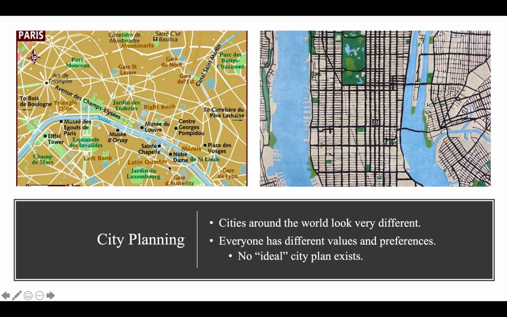And over here, we have Paris. And they're not on a grid system for the most part. The streets kind of go in a lot of different ways. You can actually see over here, there's actually a radial system. So this over here is the Arc de Triomphe, and there's a giant roundabout around it. So there isn't really an ideal or a standard as to what's correct in city planning. It's about what works for the area and the people that live there.